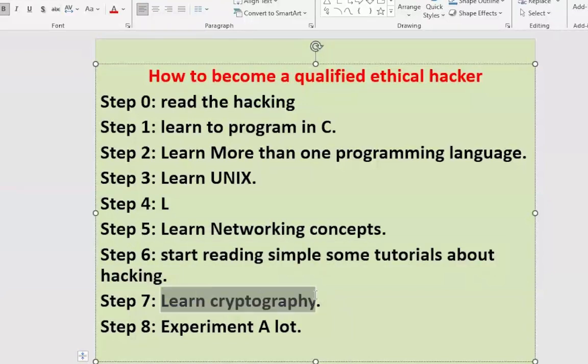Okay, so what is cryptography? Cryptography is the branch of computer science where you will study encryption, decryption, these kinds of things. How your data will be highly encrypted and how your data will be decrypted. That means, suppose you are sending some data, you shouldn't want that the third party or outsiders should intervene with the data and they get the data. Even if they get it, they can't open it.